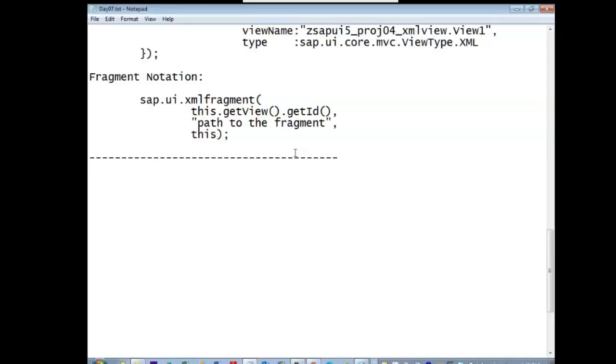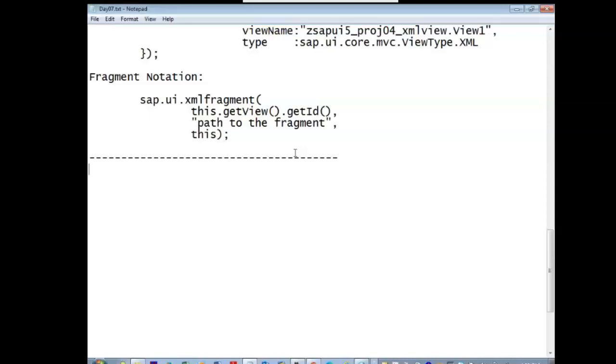There are a lot of different purposes where fragments are used. Anyhow, it depends on the requirement. If you are able to create a fragment for a simple message, then it's okay. But there are other things like MessagePopover, MessageBox.alert and MessageBox.confirm, which also solve your purpose. Our requirement is completely customizing the data, whatever I want to see as a fragment. I want to see a graph as a fragment, as a pop-up box. In those scenarios, we can go with fragments. When you regularly use fragments, you will come to know when to use a fragment and when not to. In your scenario, I don't suggest using a customized fragment just to show something like a message.